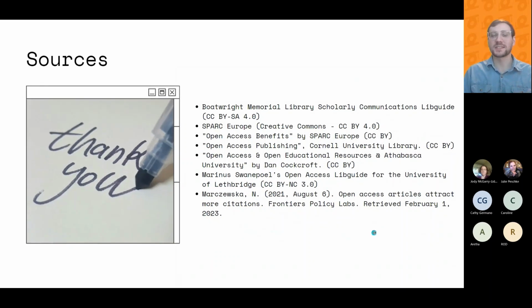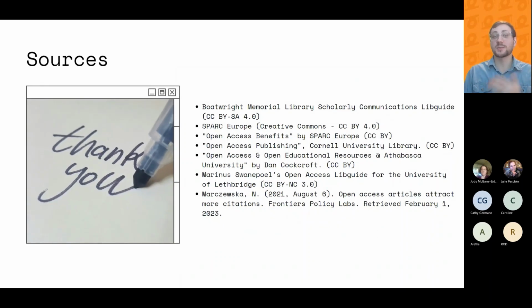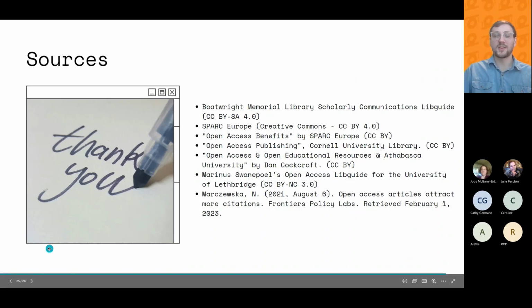And here's just some of the sources I used to source the material today. It's all open access, which allows me to re-release it under an open access license. Actually, an OER license, which we'll talk about more on Thursday.